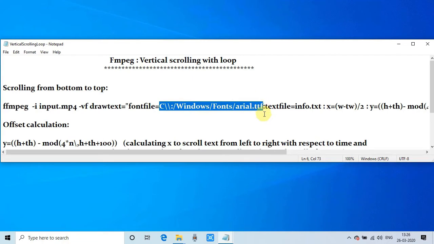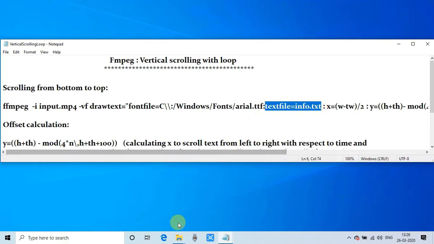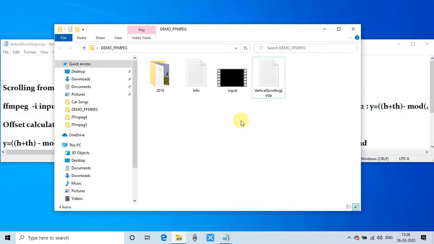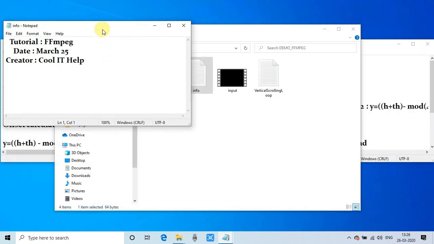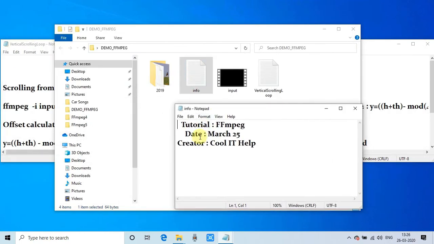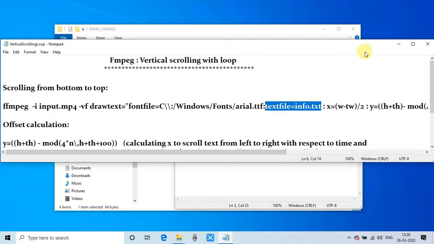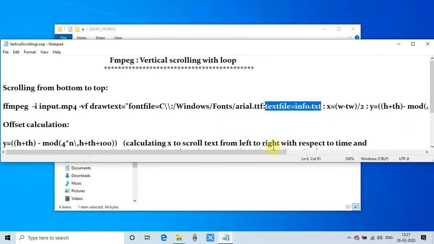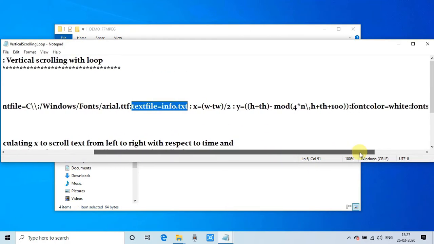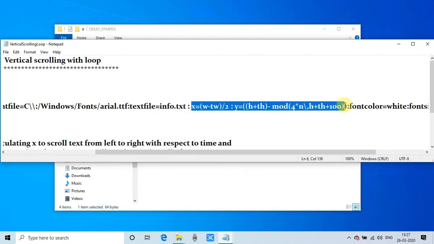Okay guys, this is ffmpeg, the instruction, and then the input file. There is a drawtext filter, and this is the parameter fontfile, and we are using arial.ttf. After that we have a parameter textfile. That means we are going to load some text that is available here in this notepad. So you can put your text here in this notepad, and in this example we are using the text file. So whatever the formatting I have used here, the line change and the spacing, that will be maintained on scrolling